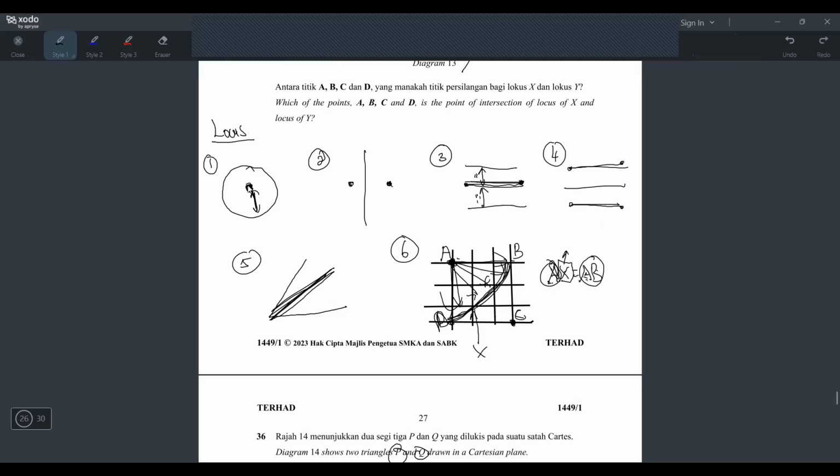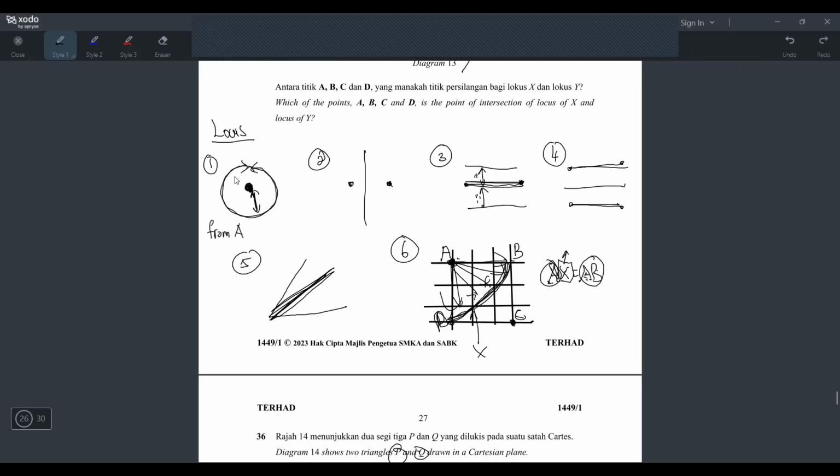It says that if you have 1 point, the locus will be a circle. If the question involves only 1 point, for example, they will say from A, always 3 units. So what does it mean? When you see this word locus question, when you see from A, then what you do, you just